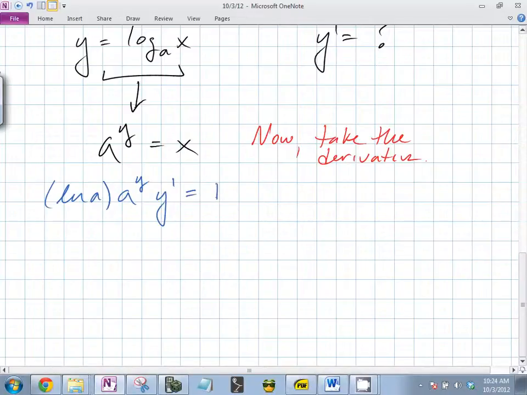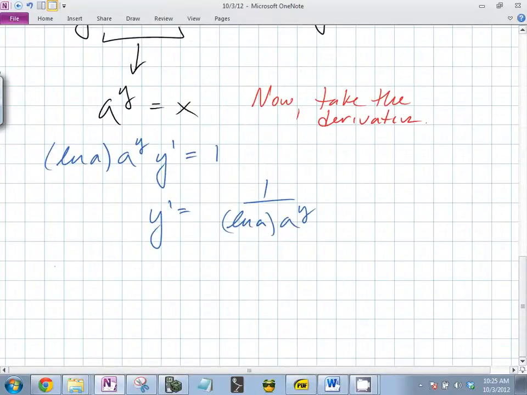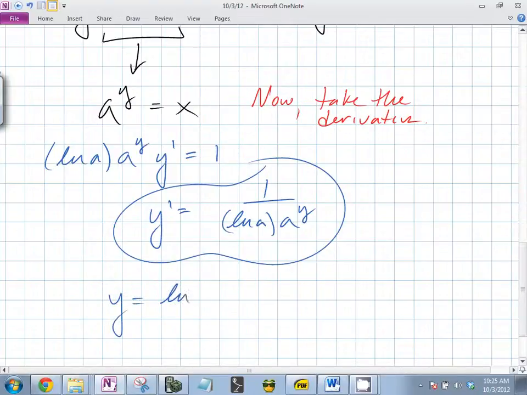We're trying to isolate y prime, so we isolate y prime by dividing. 1 over ln a times a to the y. Exactly. So we just figured out what the derivative of y is if y is equal to, not ln, log